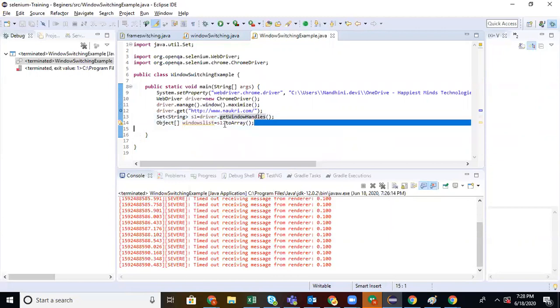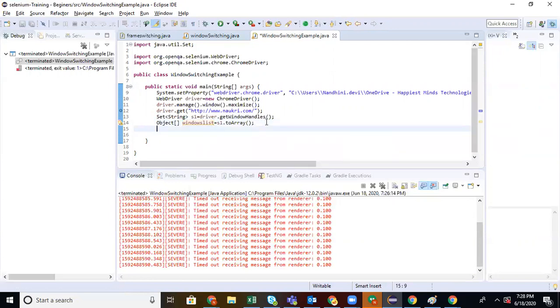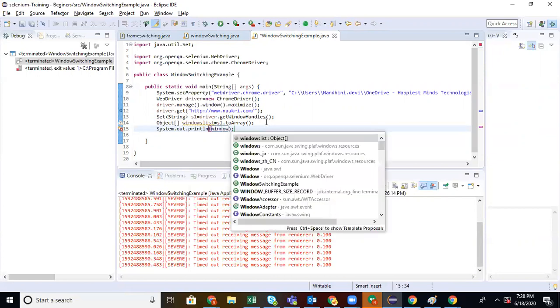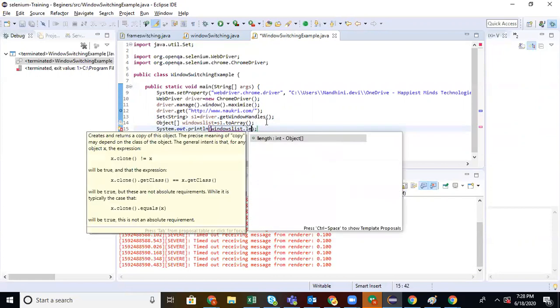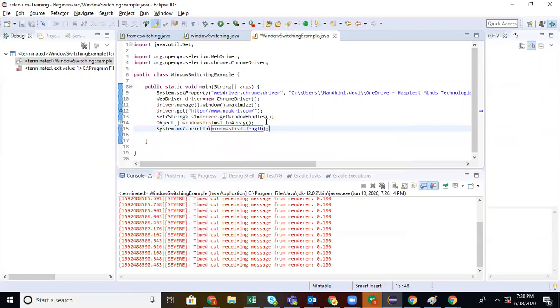This is the method to convert a set into an array. So the elements are inside the window list, that is, the window names. Now first you need to understand how many windows are open, by knowing the size. This will return the number of windows open. After that, you can use the loop.